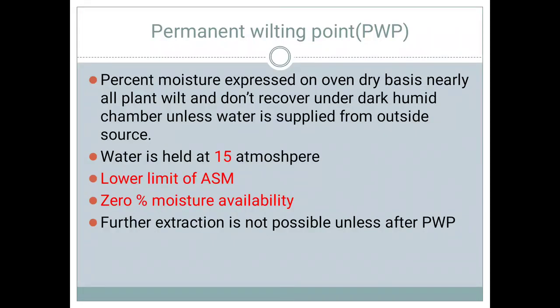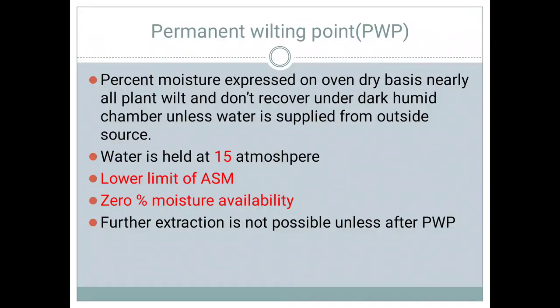And this we can demonstrate in a laboratory. We have to do the experiment using a sunflower plant. So take a sunflower plant, and there is a procedure for that, and we will see in one of our classes how to determine the permanent wilting point. But the definition is based on that whole experiment.